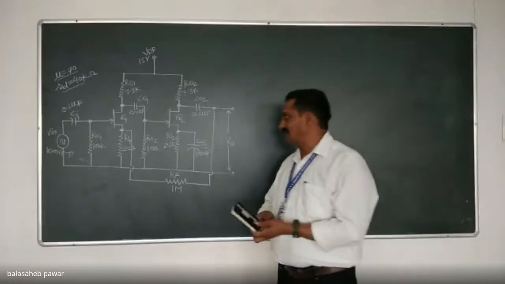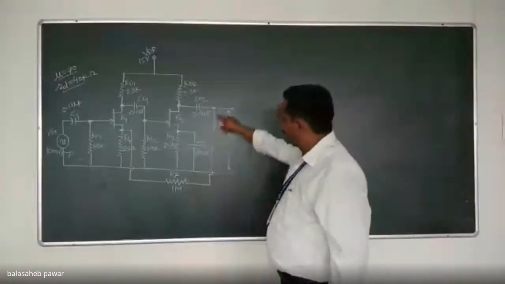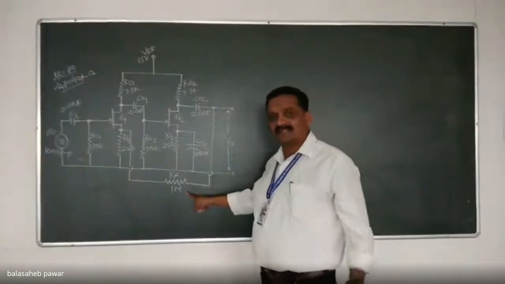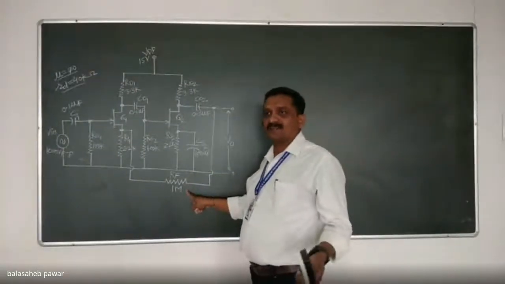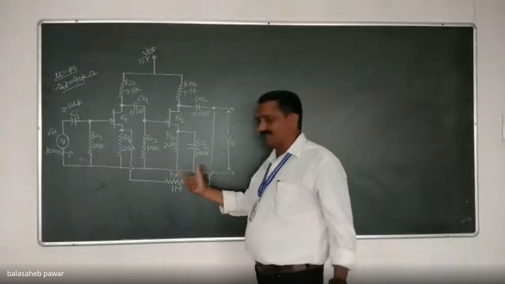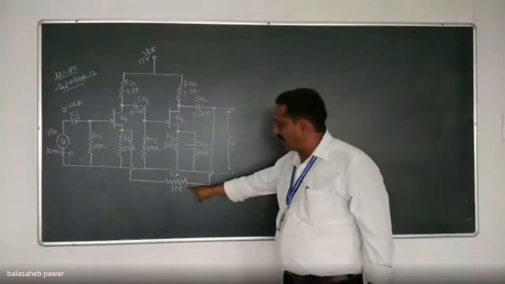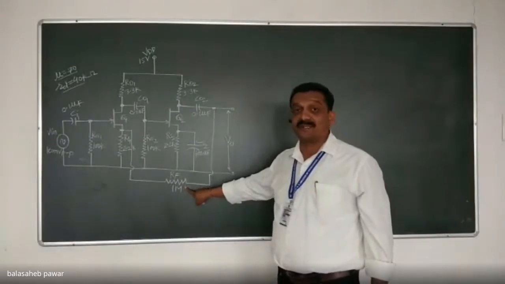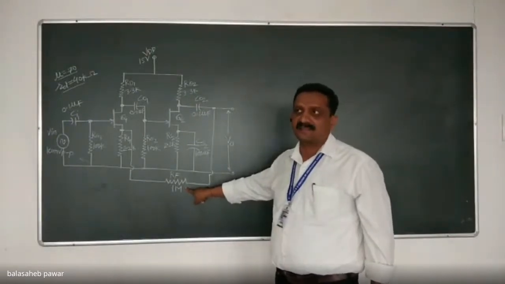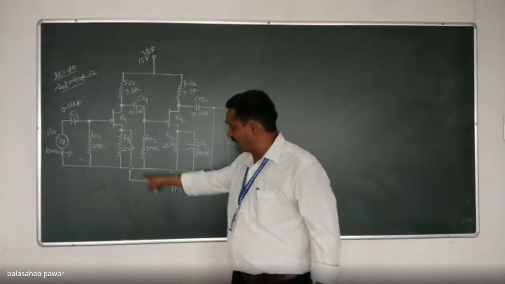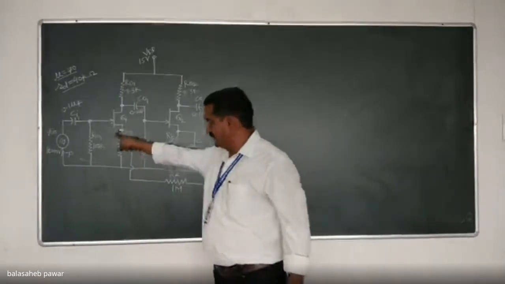So see that feedback network, it is connected to the output, right? Feedback network consists of, is it resistive or resistive capacitive or only capacitive? Already I explained it. So looking towards this circuit diagram, you will observe there is one RF. RF stands for feedback resistor, where it is connected to the output, and another terminal of that feedback resistor is connected to the input. That means first stage, right?